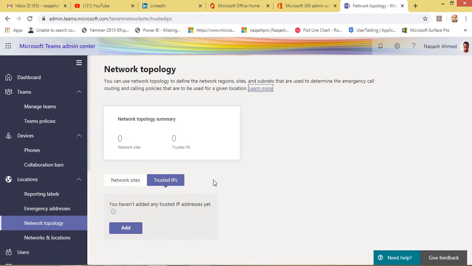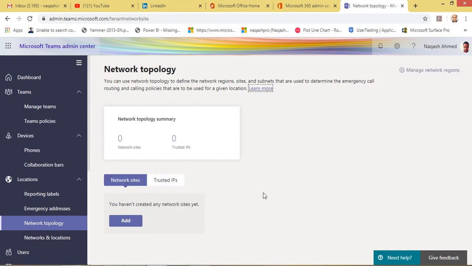Because it is related to Teams only, anything you apply here will be applicable to Teams only. Okay, from the administrative point of view, if you design your Teams architecture, network plays a very important role. So design a topology based on your organization's network settings and IP subnets, and then add it here.